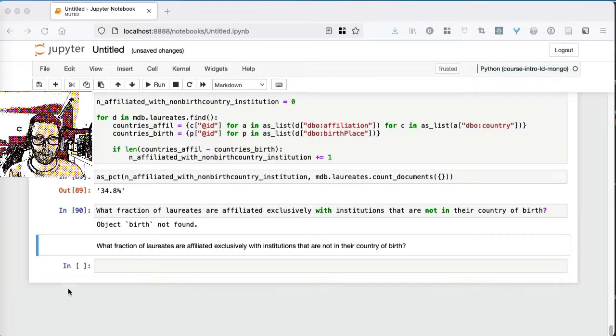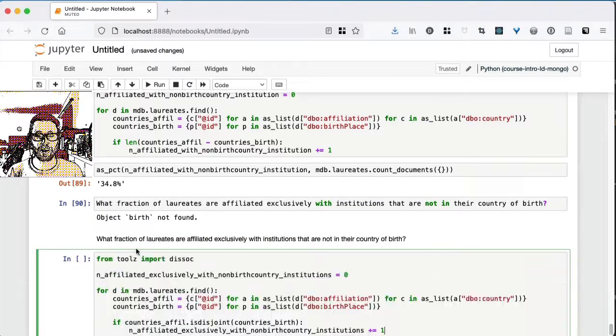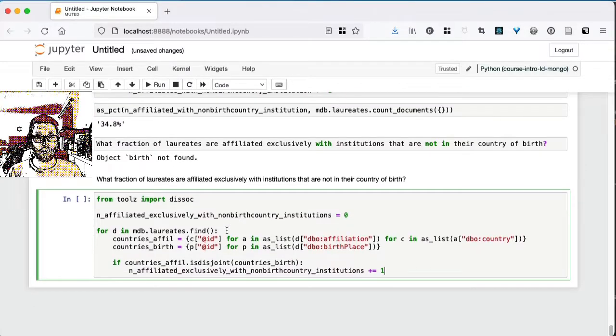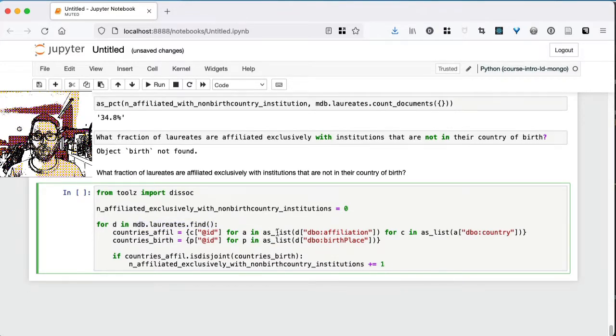And so here, I'll fill this out for you and walk you through the cell. It's a similar construction. Again, it's document oriented. We have all the information that we need framed from our documents. So for every document, we're going to get out all of the affiliations that we have framed in the document, all those associations in every country, each country of the association. So here are all the countries of affiliation, and again the countries